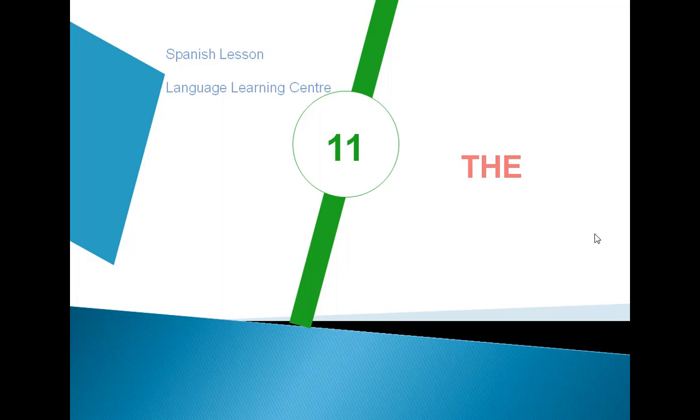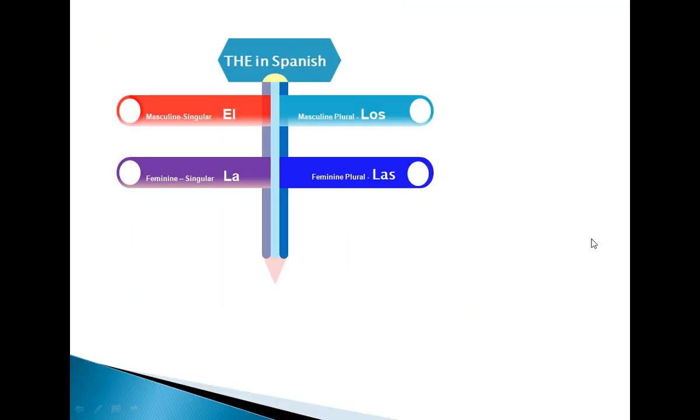Today we'll be talking about one of the most widely used articles in all languages, "the." We want to say the pencil is in the drawer, the key is on the hook, the ball is lying on the floor. So the word "the" remains the same in English, but it differs in Spanish depending upon whether